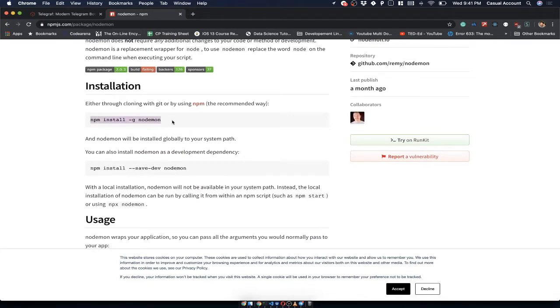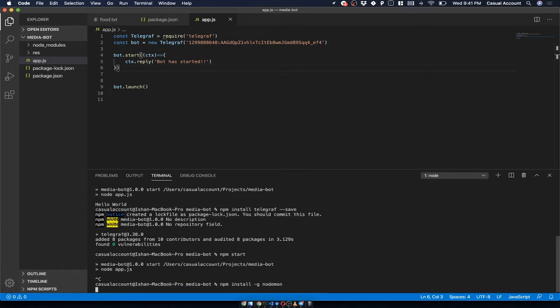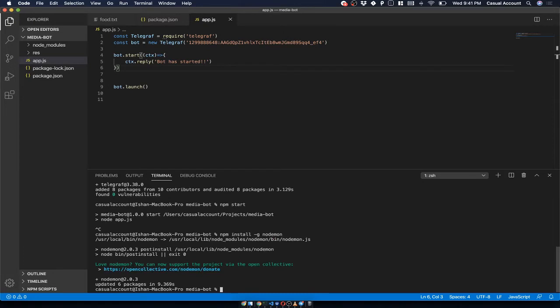We'll install it by saying npm install -g nodemon. It will take some time. We'll wait for it. As you can see, nodemon is installed, right?